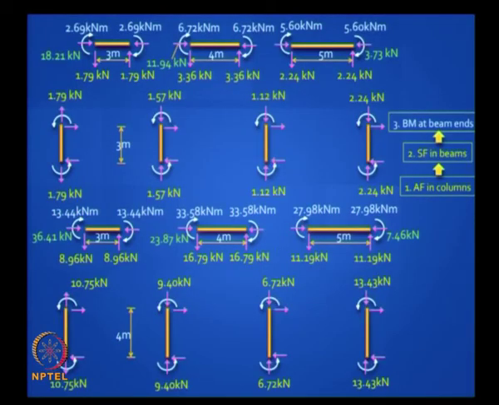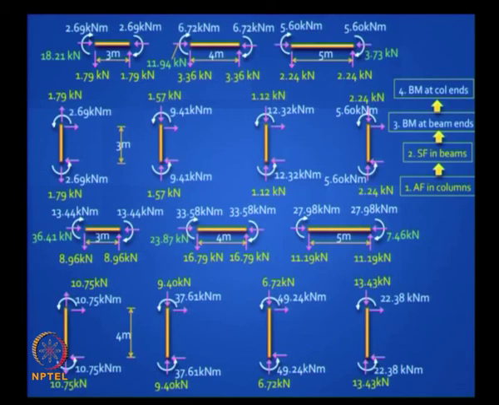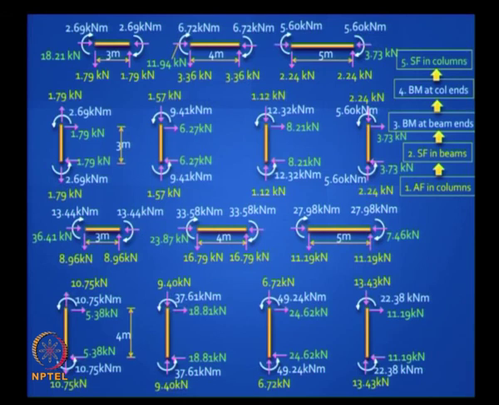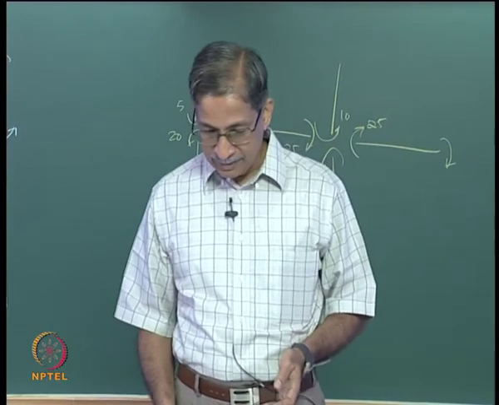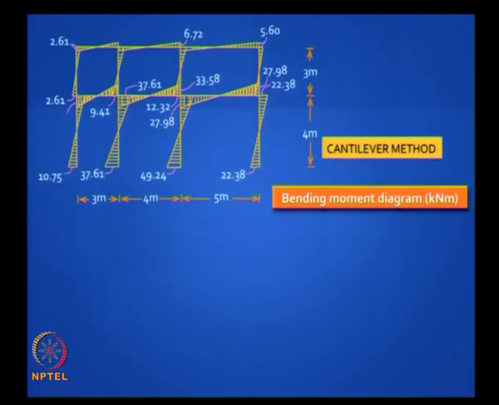After you get the beam end moment, what do you do next? Column end moments by satisfying equilibrium. And what do you do after that? Column shear. See, you are getting the column shear at the end, and you can check equilibrium, and then you can get the shear force in the columns also. Is it clear? Please try this out. You can also get the axial force in the beams, but they are not very important. So these are the answers we got.